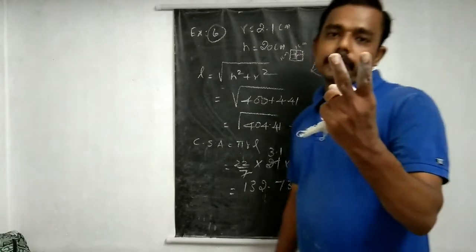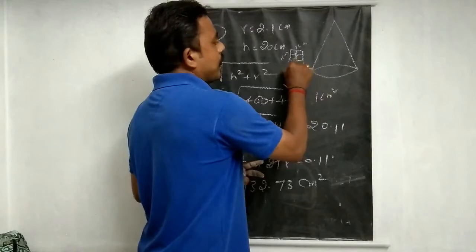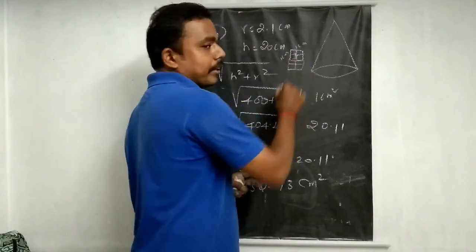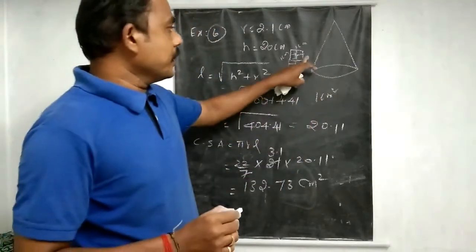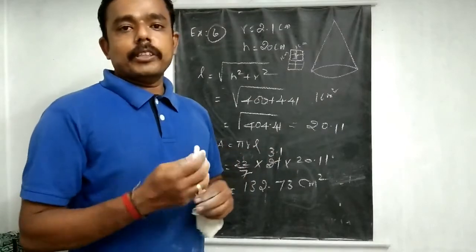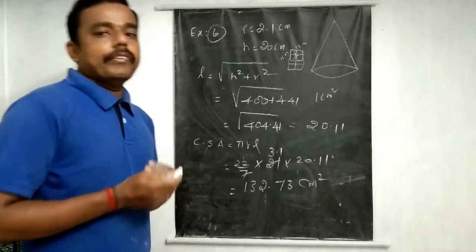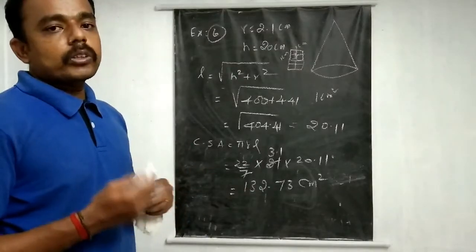For 2 centimeter squared area, that is another box, so another 4. So how many cones here? 2 into 4. 5 centimeter squared means 5 into 4. So this much centimeter squared area means we need to multiply by 4 so that we can count